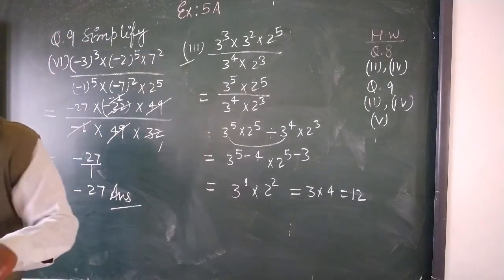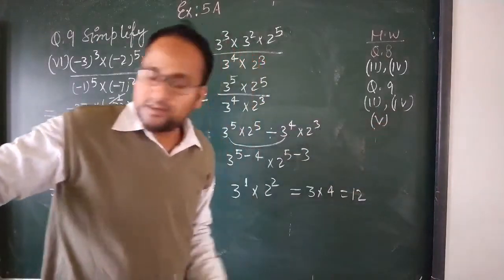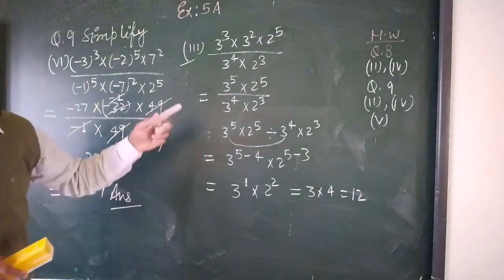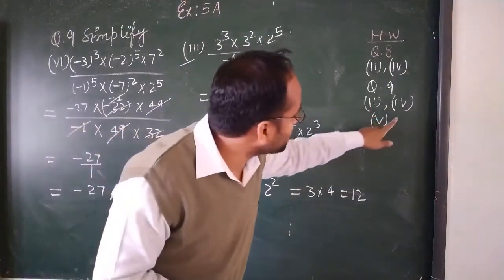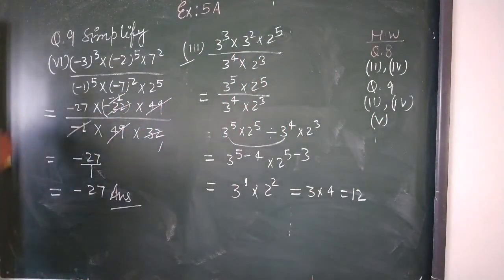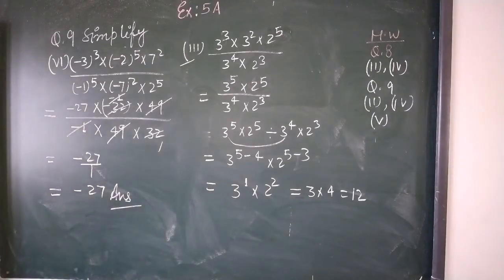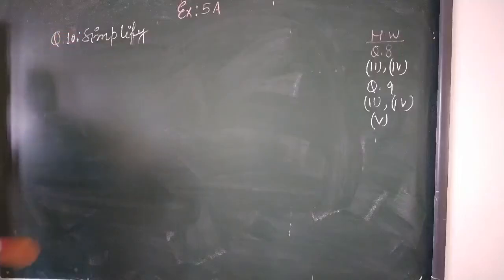Okay students, so question number 10, second, fourth and fifth is your homework. Sorry, question number 9, second, fourth and fifth is your homework. See this question number 10. 10 is also based on a simplification. Write this solution of question. Now see the question number 9, 6 part. Then after, I am going to start your question number 10 and 11.